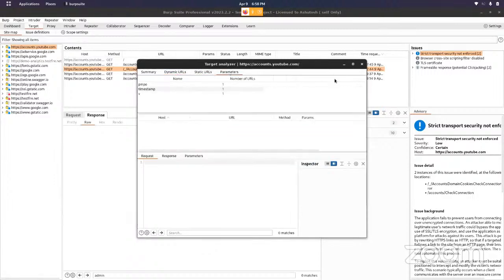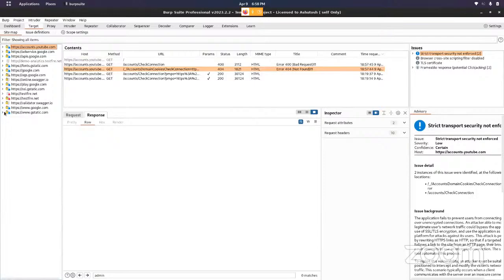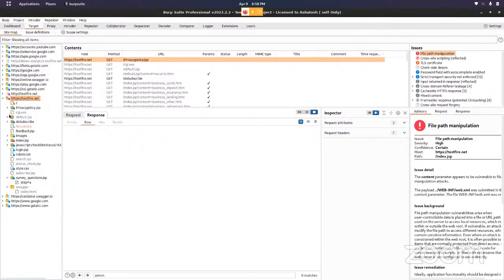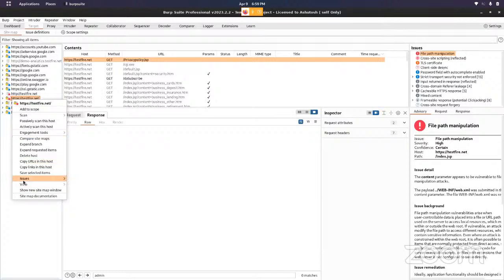Right, it's going to analyze the host. For example, if I go to testfire.net, I guess we have covered a lot. We have captured a lot of requests. So we just right click over here, and if I just